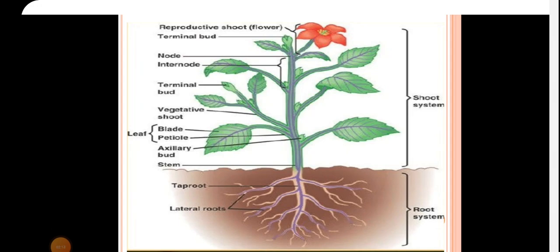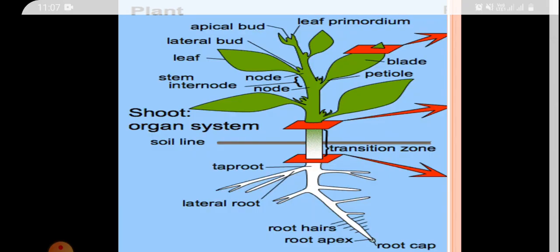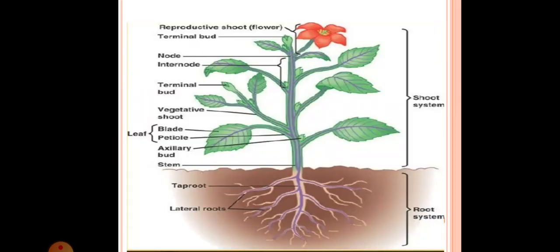a rudimentary plant in the form of an embryo develops. An embryo consists of an axis with one or more cotyledons. At one end of the embryonic axis is the plumule, which will form the shoot system, that is stem, leaves and flowers. So here you can see the plumule produces the stem, leaves and flowers in the adult plant, and at the other end of the axis the radicle is present, which will develop into the root system in the adult plant.